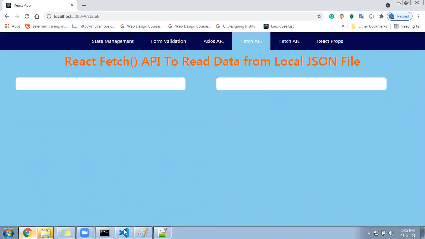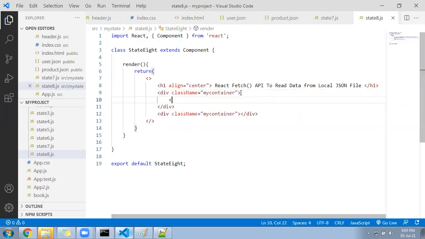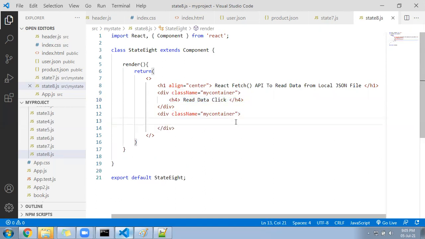Let's go ahead. In the first division, I'll write here an H4 saying read data on click. And in the second one, I'll write here read data on page load.